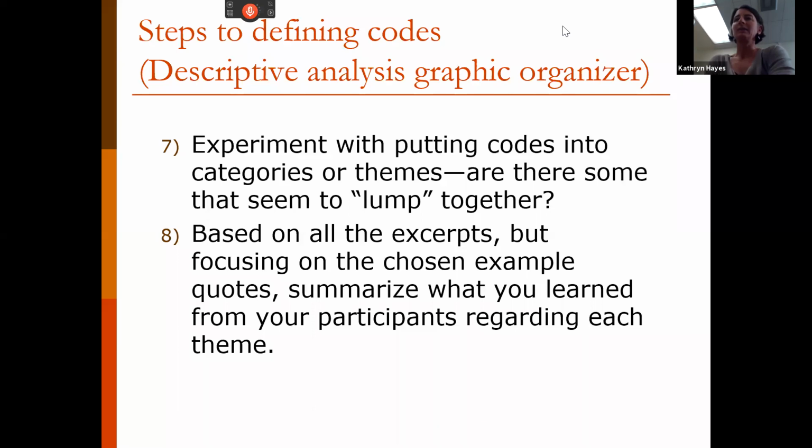So maybe back to the discipline example, if you're like, oh, there's all these different ways students talk about discipline being unfair. So your memo might be regarding the patterns you see. Maybe the pattern is about emotions. Some students appear to be fairly angry about it, while other students appear to be fairly blasé about it. Like, this doesn't affect me, so I don't care, right? So maybe there's a couple different things going on in the data there.